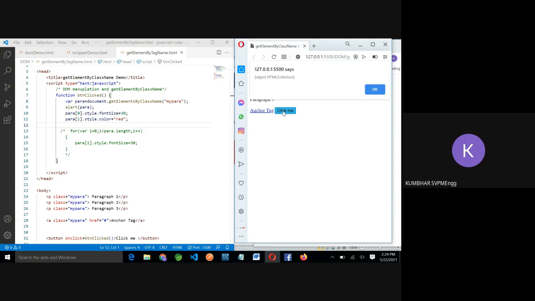Yes, what are you observing? What is the output? It is a pop-up alert, which is saying object HTMLCollection. As now there is not a single element, a single paragraph, it is a collection of objects, 3 paragraphs and 1 anchor tag. That's why it is treated as a collection of objects. Give me a reply if you understand till this. Give me a reply if no confusion in this collection of objects. Yes.